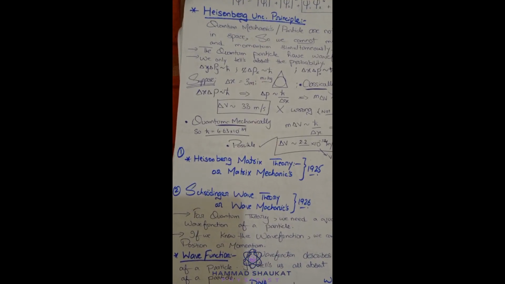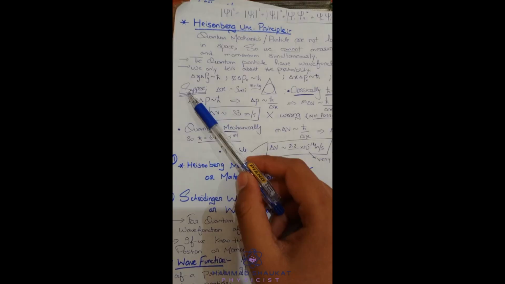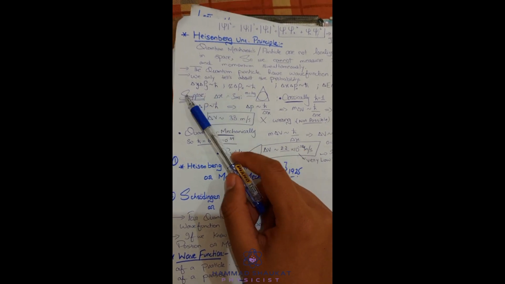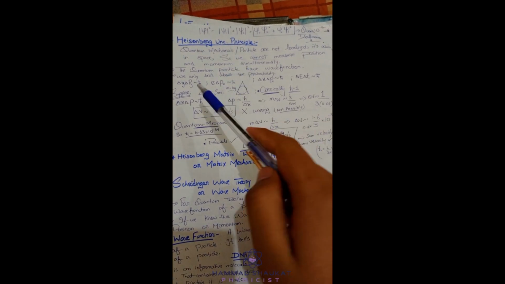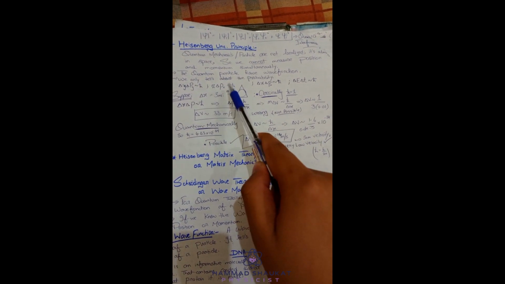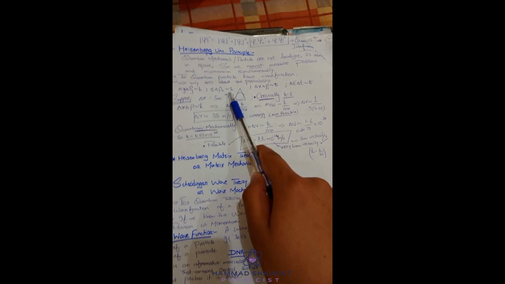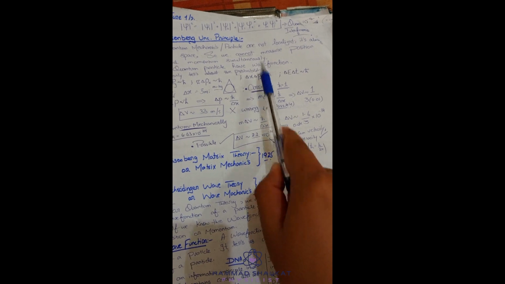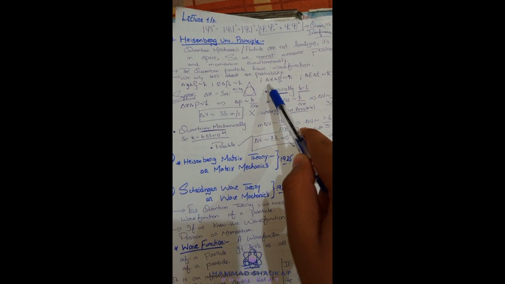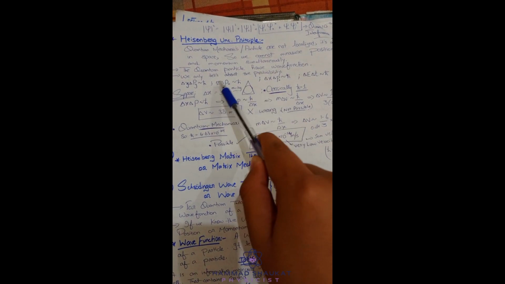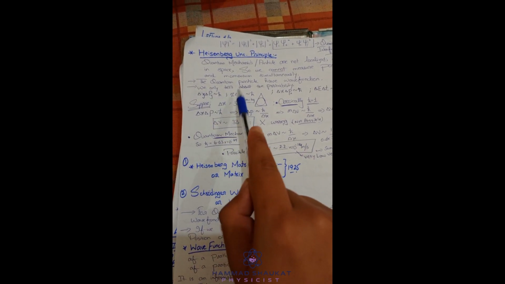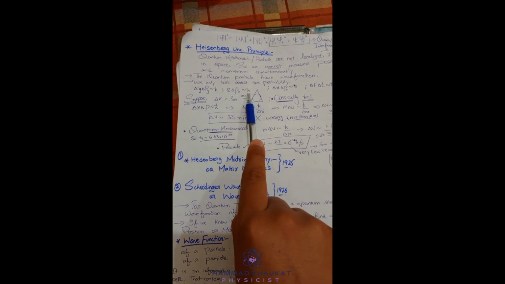So let us take an example. If the position uncertainty is delta y and the momentum uncertainty is delta p, the product of this becomes equal to h cut. If the position is z and momentum is in the z direction, it is also equal to h cut. If position is in the x direction and momentum is also in the x direction, also equal to h cut. There is uncertainty in all. If you find the position, there is uncertainty in momentum, and always the product of both position and momentum equals h cut.